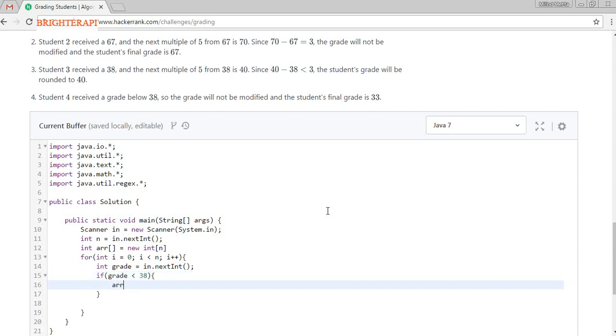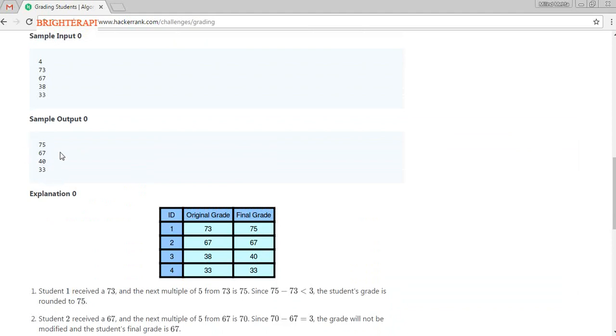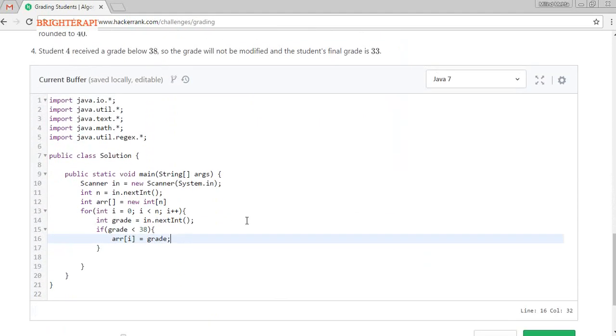We store it into the array as it is, because we need to print everything at the end. That's why I am storing into the array.